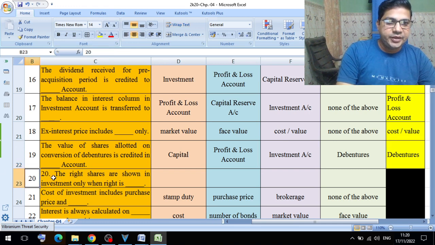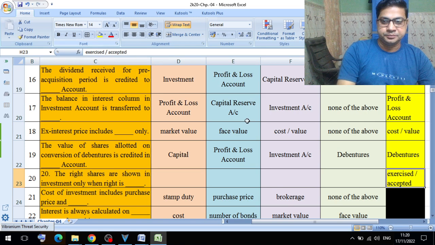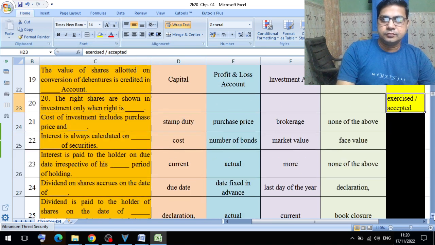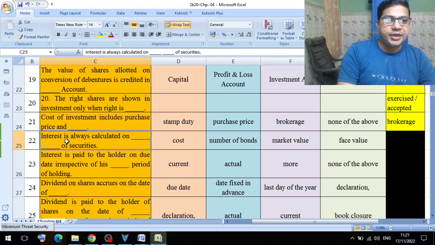Next question, question number 20. The right shares are shown in investment only when the right is accepted or exercised. Next, cost of investment includes purchase price and dash. Option A stamp duty, option B purchase price, option C brokerage, option D none of the above. The answer is brokerage. Next question, interest is always calculated on dash of securities: cost, number of bonds, market value